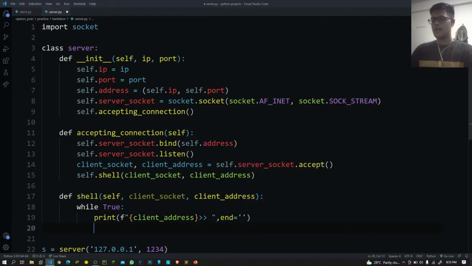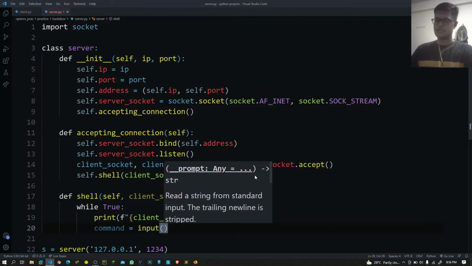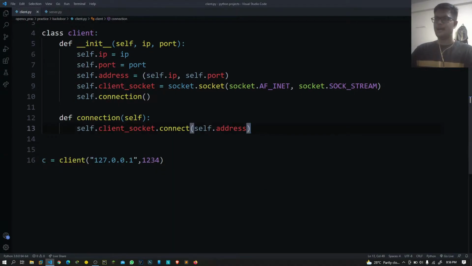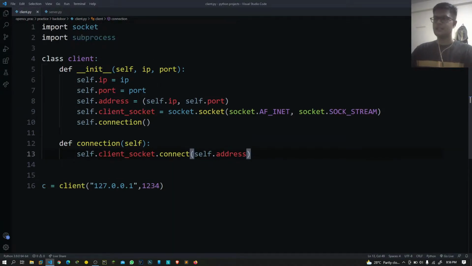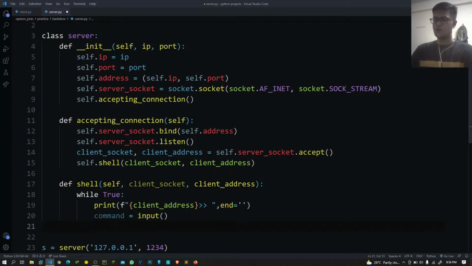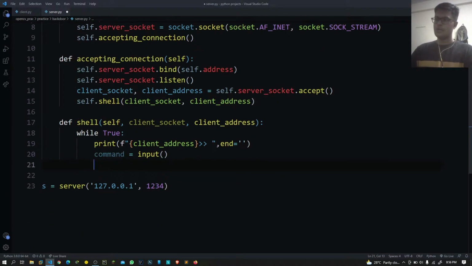Then we will supply a command, which will take the command from our side, and our client will execute that command in a subprocess. We have imported the subprocess module for this purpose. Now when we have given the command, we have to send it to the client.